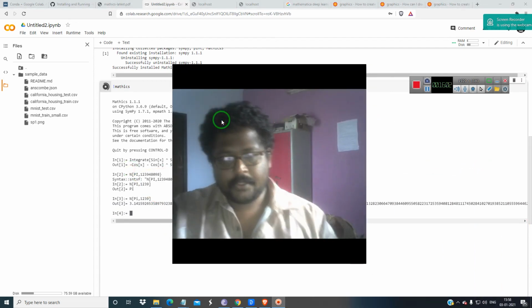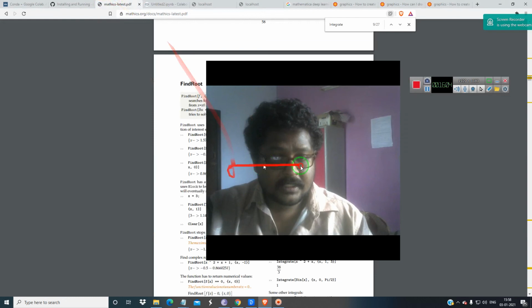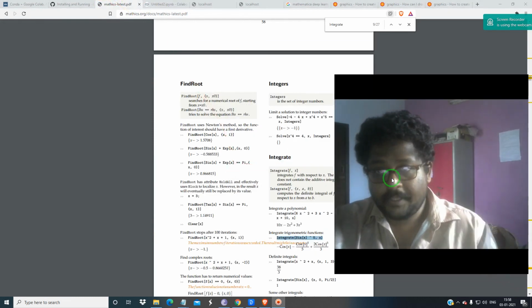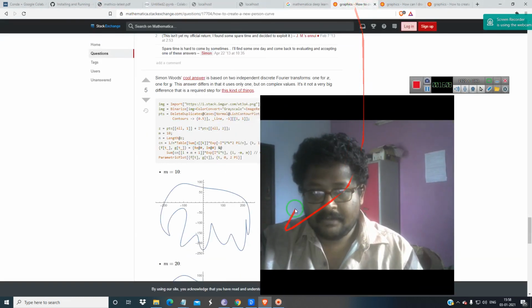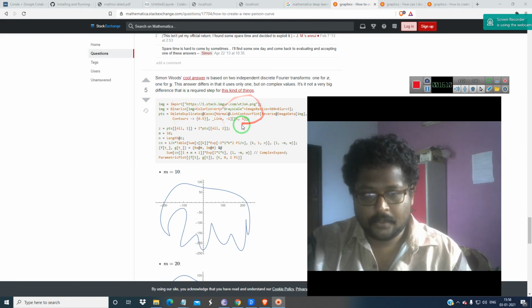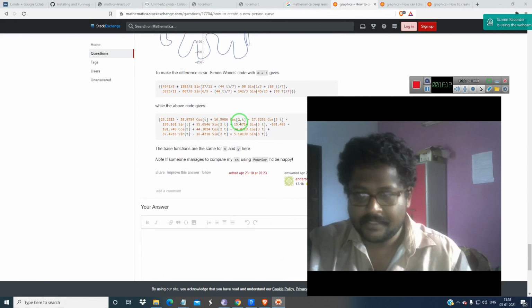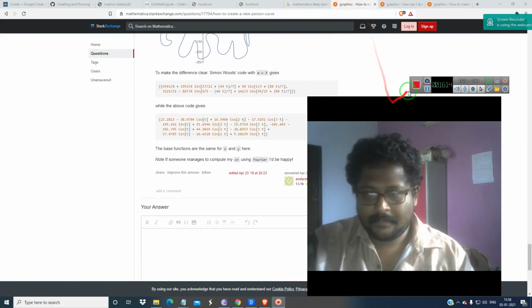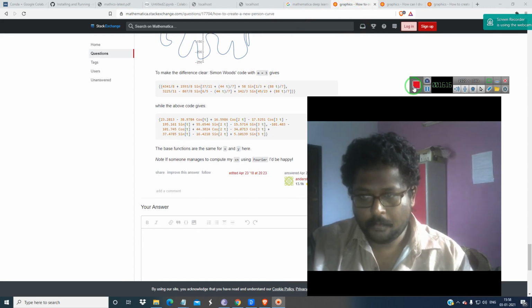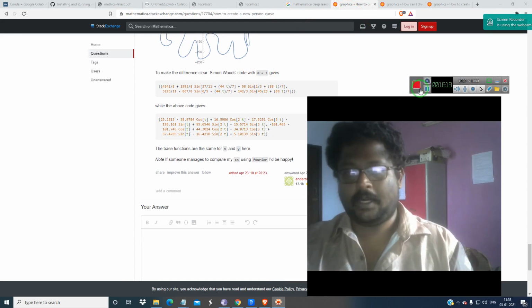So this is the way to use Mathematica. It has very advanced versions, so it is now free. I will try to run this and find the solution for making some curves and everything. So this is how to run Mathematica on Colab. Thank you. Poor man's Mathematica, the Mathix 3 to run on Colab. Thank you.